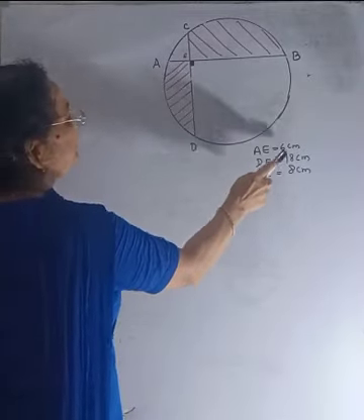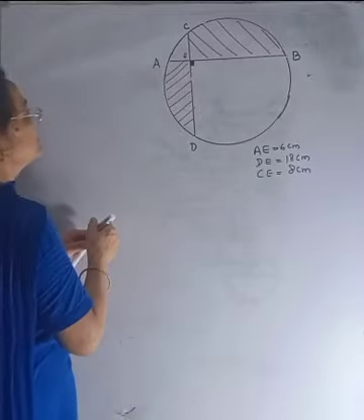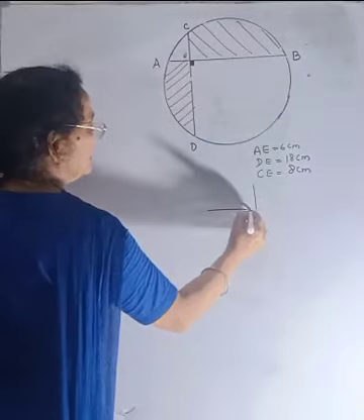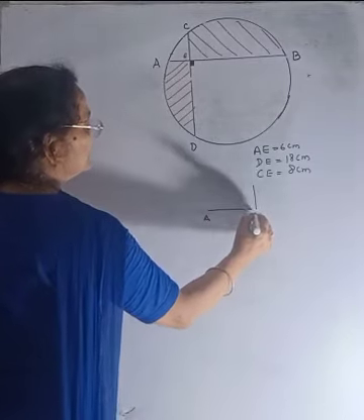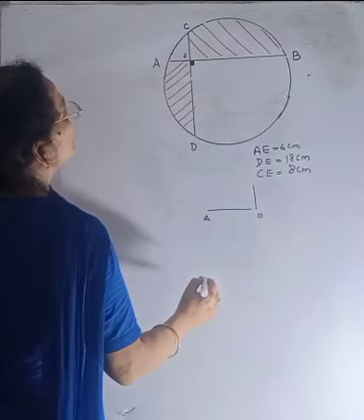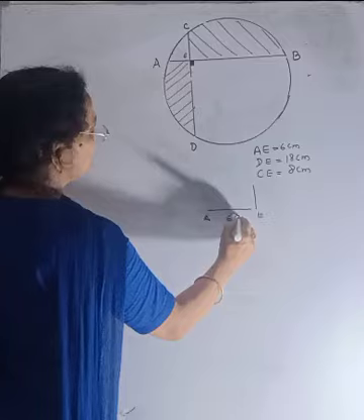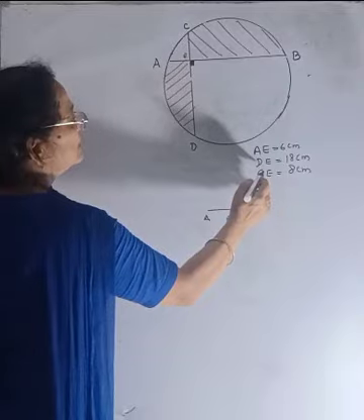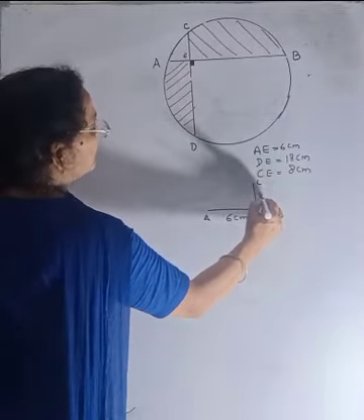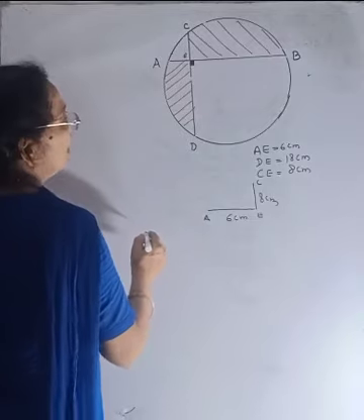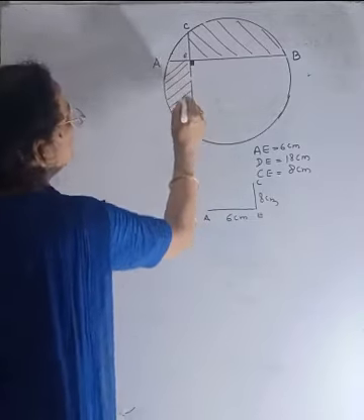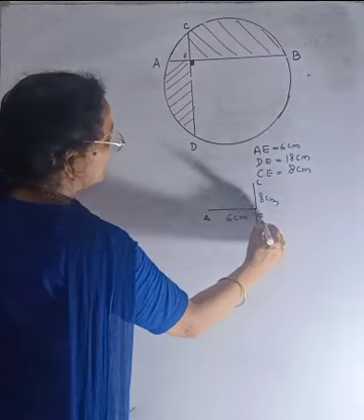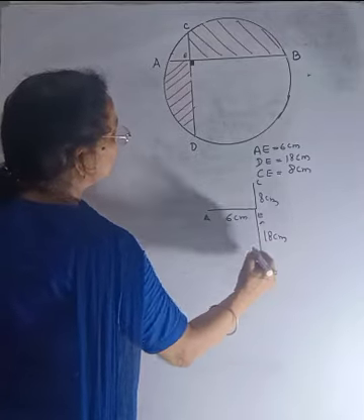कंडीशंस ये दे रखी हैं. AE is equal to 6 centimeter. It means this is 6. This is AE. This is A, this is E, equal to 6 centimeter. Okay. This is C point. CE is equal to 8 centimeter. Okay. And DE is equal to 18. D is the point on the circumference. This is the point D. This is 18 centimeter. Correct?